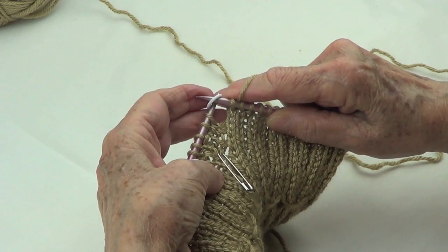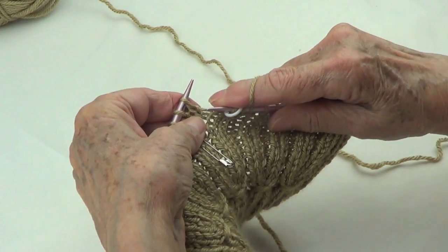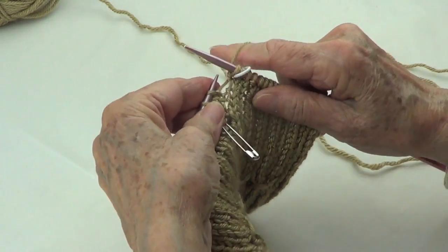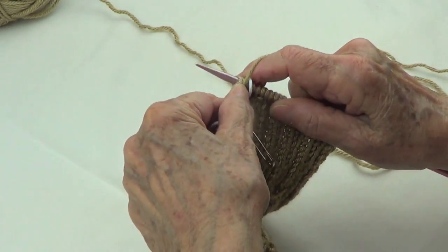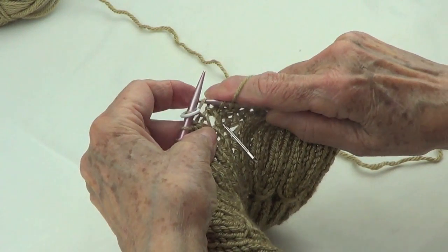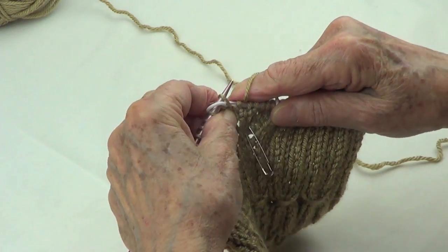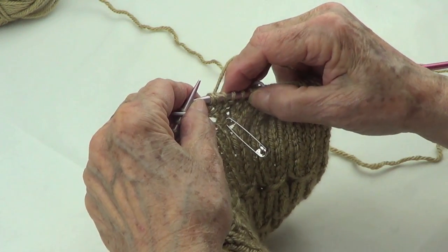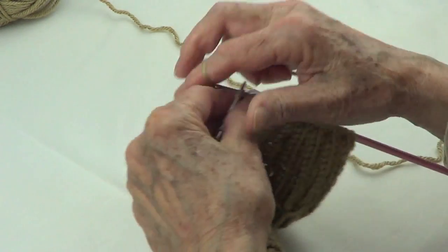So now we're on row number 5, and so now we purl 1, knit 2, and we get to the spacer and we pass it, and we're going to make one. So we pick up there and we knit it through the back and knit 2 and purl 1 and knit 2, and then we make that one right before the spacer. We pick up and we knit it through the back, and now we have 2, 4, 6, 7 for the thumb. We pass it and we knit 2